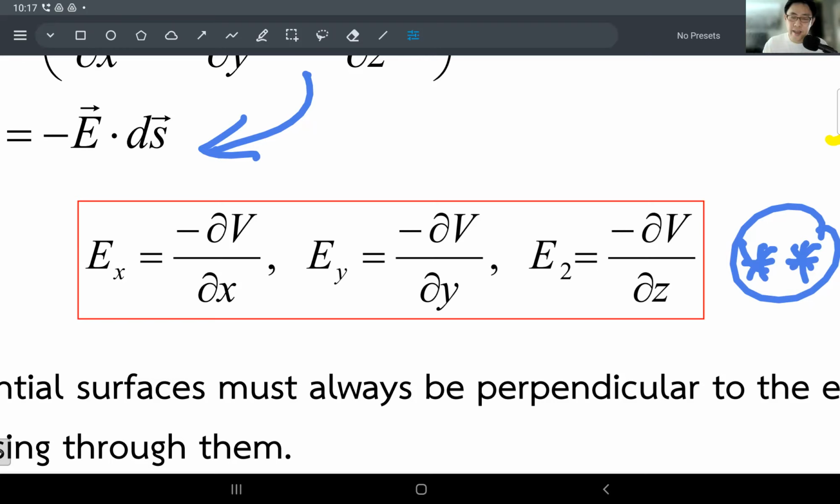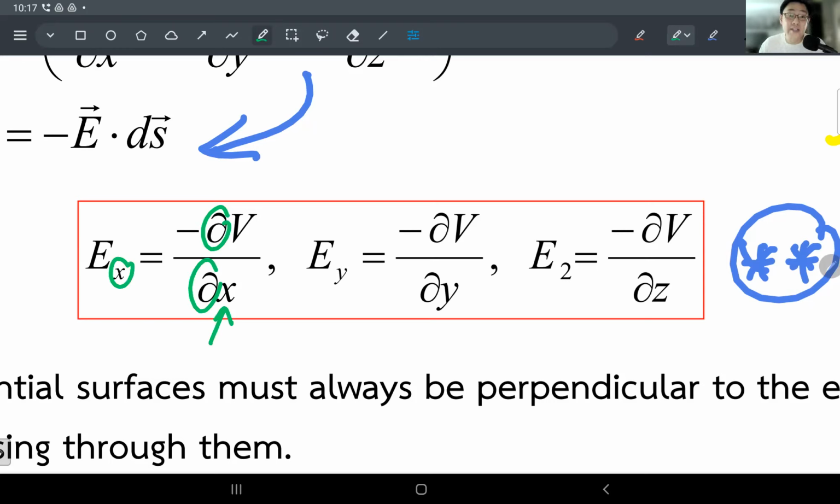So you just take the V, differentiate with respect to x because you only care about the x. So you're doing the partial derivative. Does that make sense? All right. Okay. So whatever you do with respect to whatever coordinates you're talking about, you're going to get the electric field